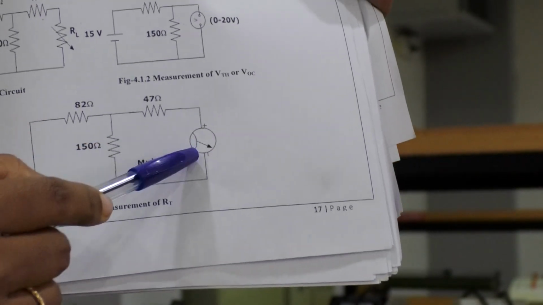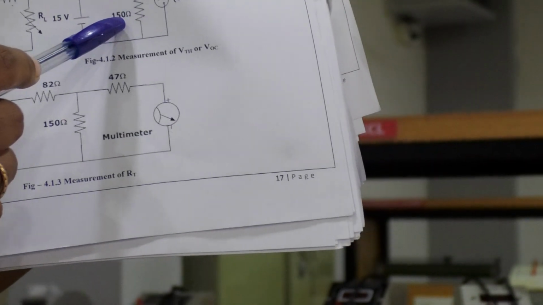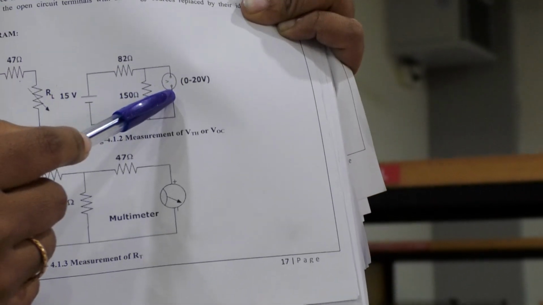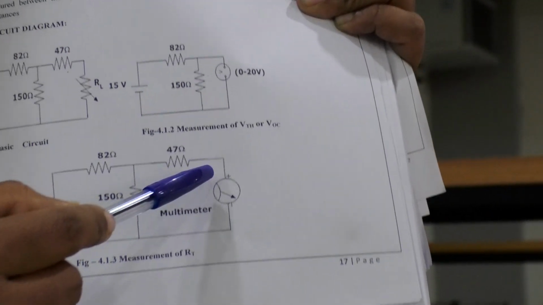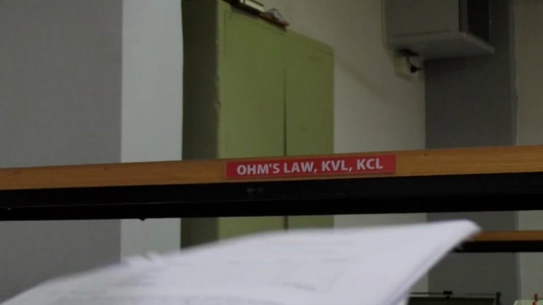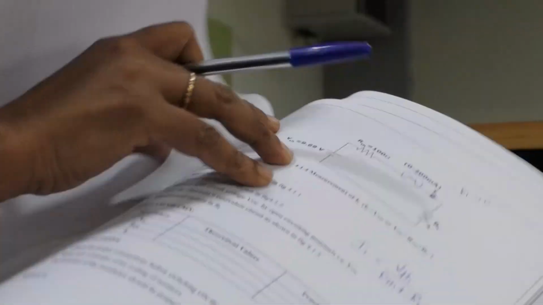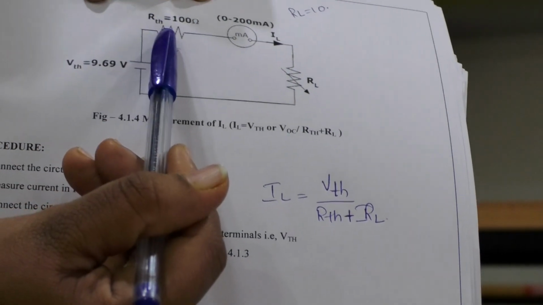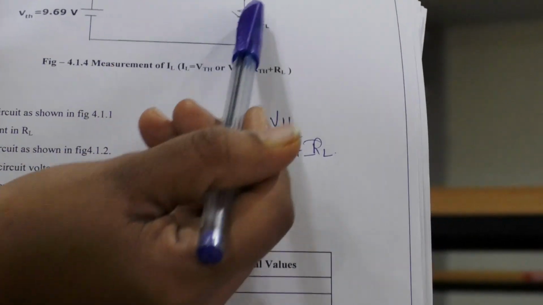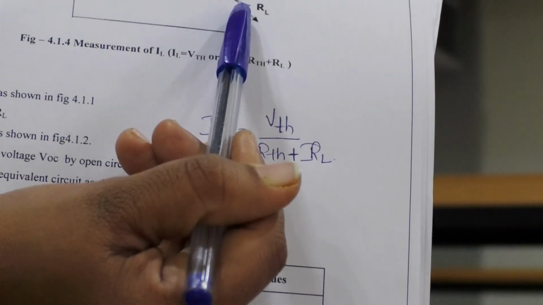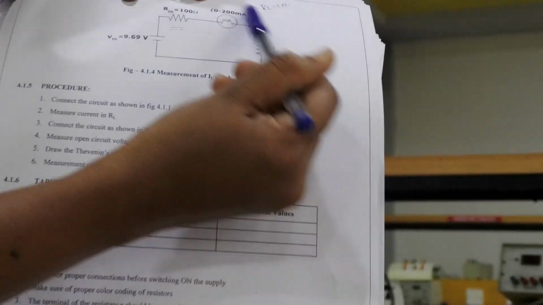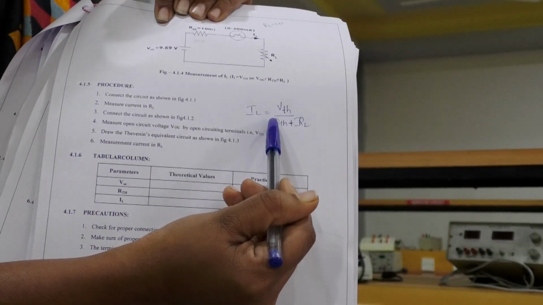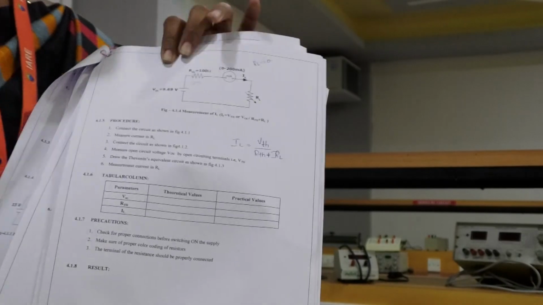So in the first step we get the Thevenin's voltage, and in the second step we get the R Thevenin. Finally, this VTH and RTH are replaced in an equivalent circuit, which is called the Thevenin's equivalent circuit. This is the voltage we got in the first step, this is the Thevenin's resistance, and here is the load resistance which we have seen in our main circuit. Finally, for this Thevenin circuit we are going to calculate the current. This is what we have learned in our statement.